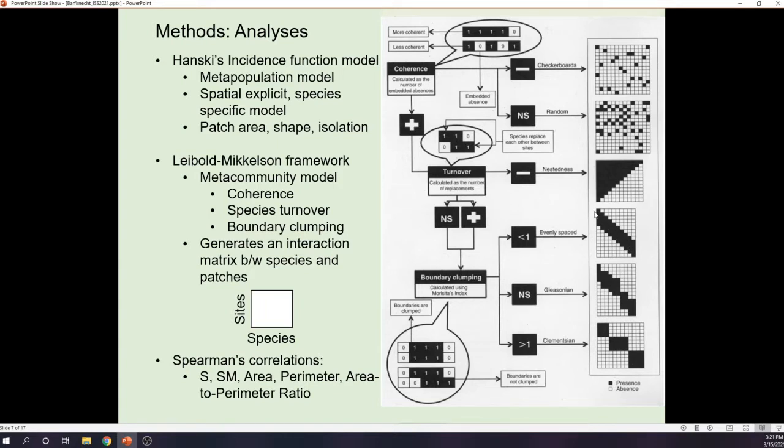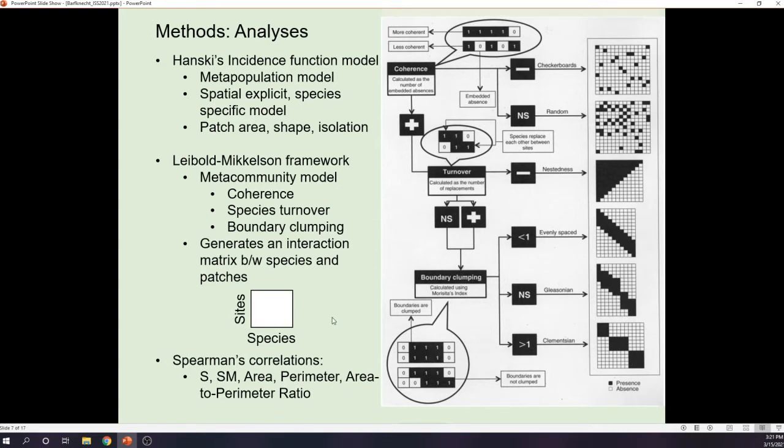And then the ones that are most talked about, especially within our college level ecology classes, are the Gleasonian and the Clementsian models, where Gleasonian is a regular gradient of species distributions across adjacent sites, whereas Clementsian is a little bit more clumped based on Morisita's index. So those two are the ones that are largely talked about in ecological literature as well. And these ones are a little bit more uncommon, but altogether they are definitely possible.